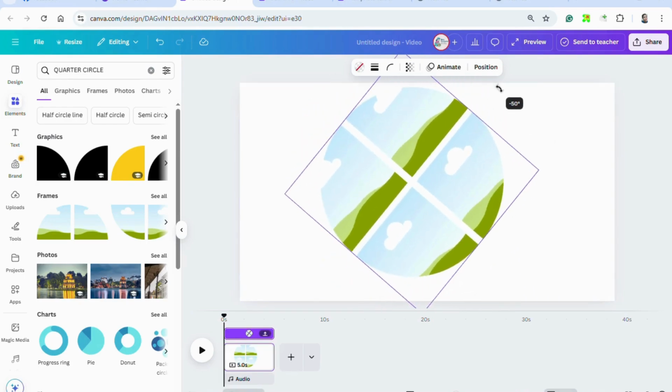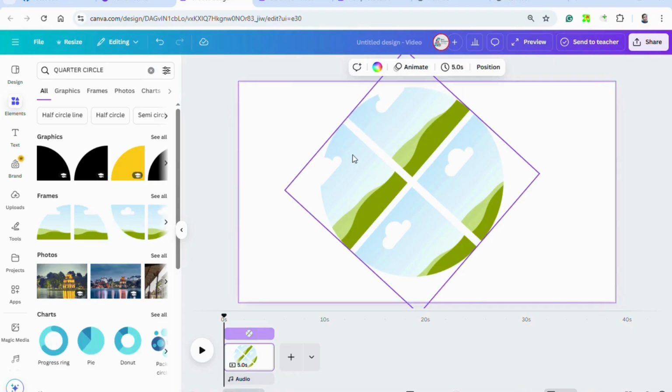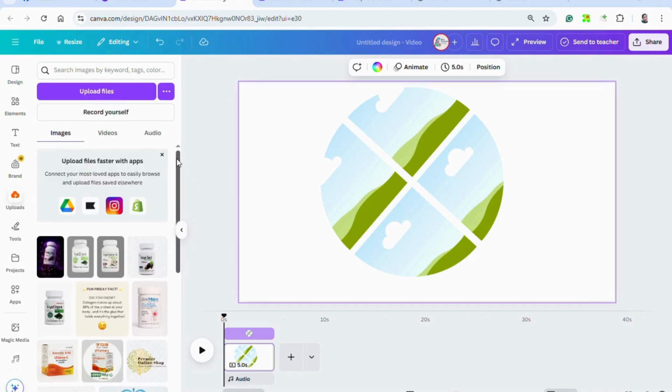And then do this. Okay. And then put all the products, or the 4 products that you want, in that quarter circle. So for me, I'm going to use the available products that I have here. You can choose any pictures that you want.